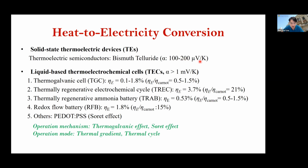microvolt per Kelvin. As a result, to generate a useful voltage of around 1 to 5 volts in the low-grade heat region requires either challenging integration of thousands of thermoelectric elements or a DC-DC voltage booster to increase the voltage. So with current materials, solid-state thermoelectric semiconductors working within 100 degrees C have an efficiency of less than 1 or 2%. And recently, liquid-based